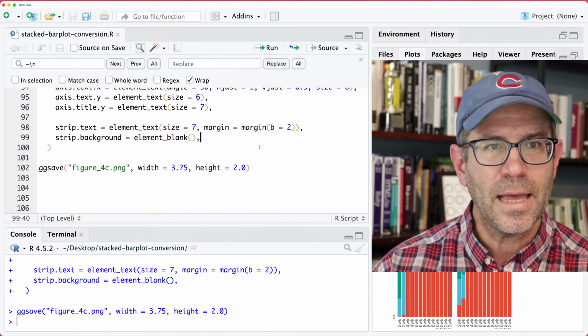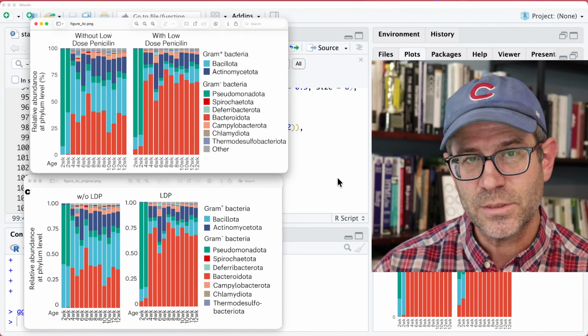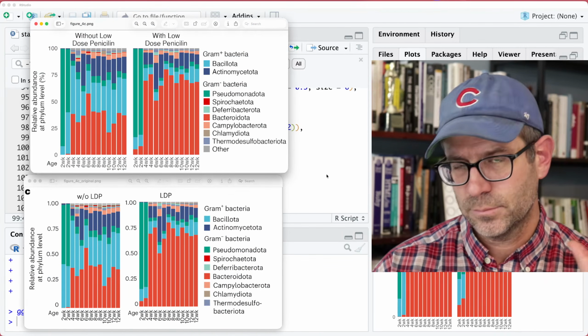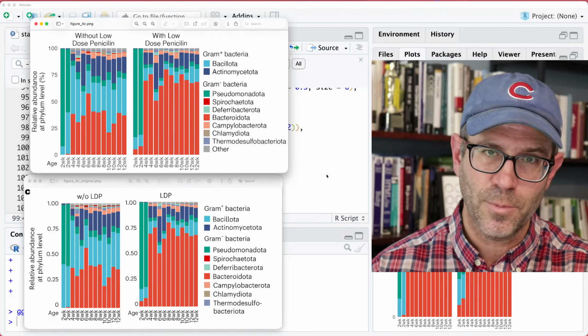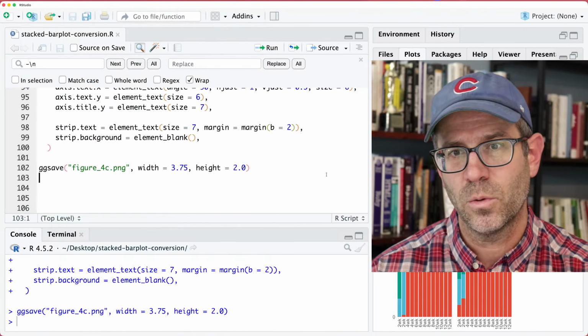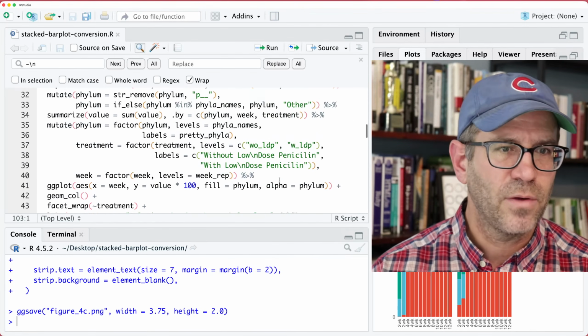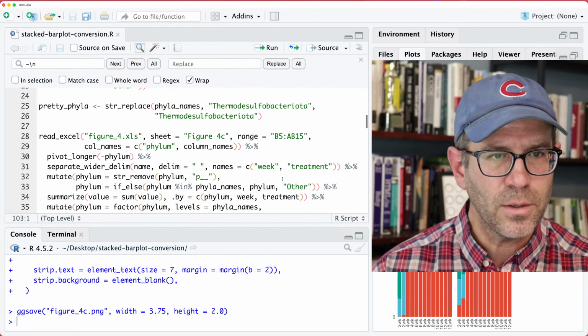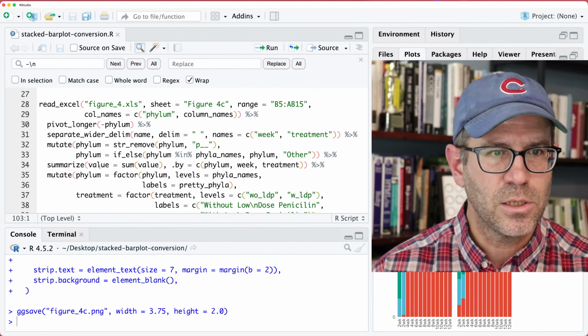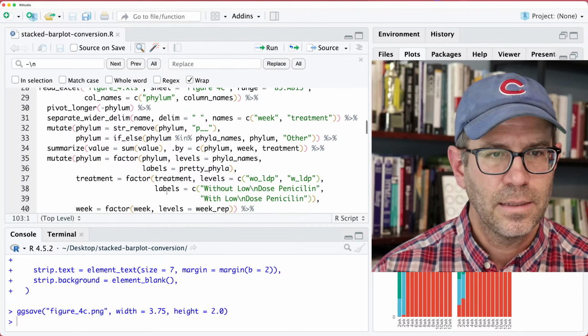And again, if you want the code to do this legend hack, it will be at the blog post that I'll cite down below in the description for today's episode. All right, so we have half an hour, and what I would like to do is go ahead and take